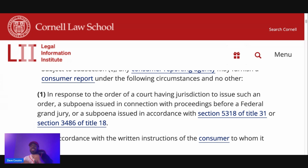All right. Now, from there, what you're going to see is all your inquiries with the name and the date. And it's going to say permissible purpose. Some of them are not going to have permissible purpose. The ones that don't have permissible purpose, you can use that to get it removed from your credit report. All right. But this specific law, all right,